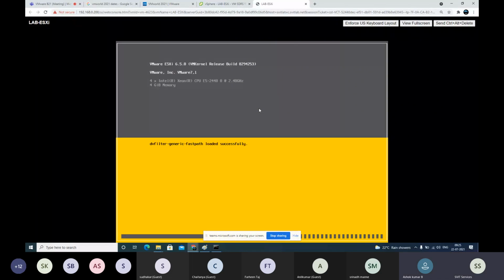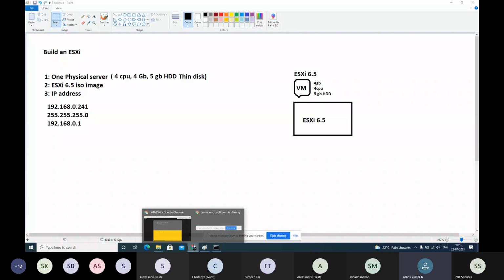Sir, I have a small doubt, sir. Yes, please. Sir, actually, without ESX, we can't create a VM, right? Yes, it's not possible. We are in VMware right now. You demonstrated everything in VMware only, right? Yes.